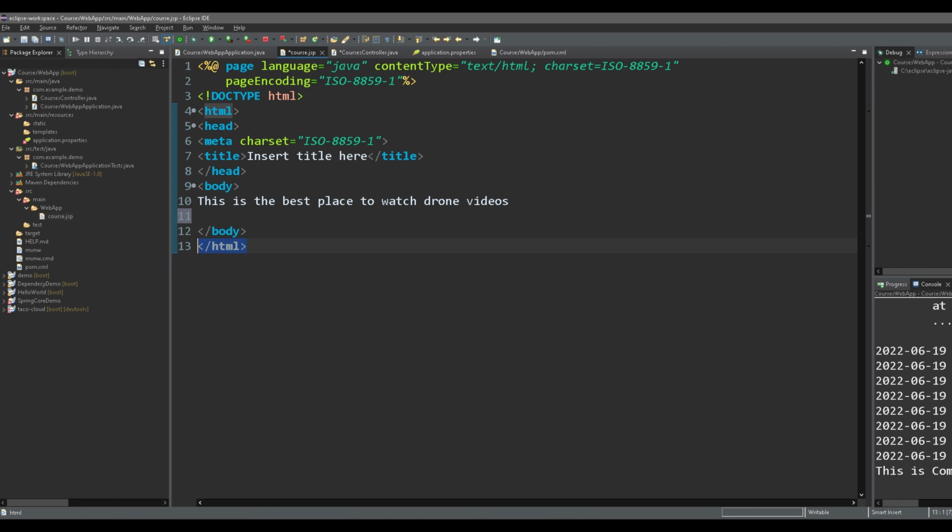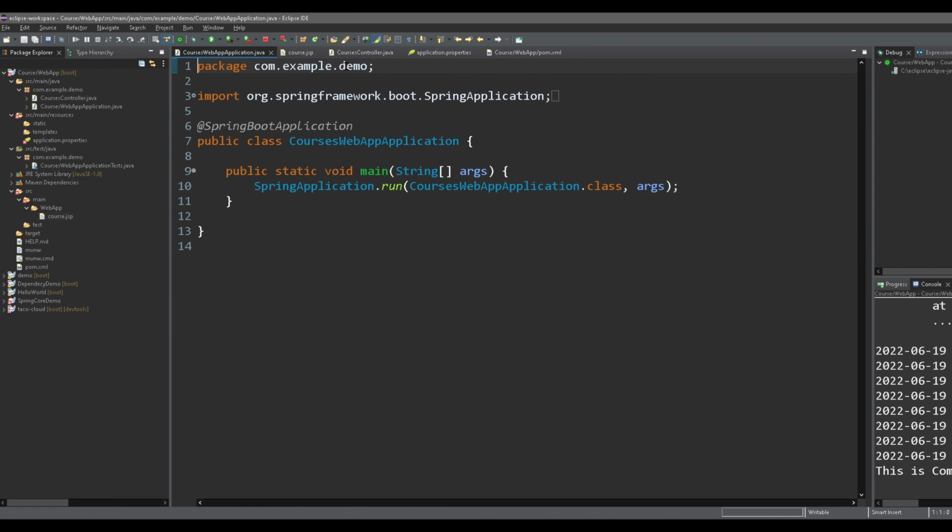Again, the JSP file is what the user sees. The model is how we are building the model. The controller is where we decide what request has to be sent and what the user response will be. The request is going to go to our controller, and the controller is going to call this file, which is our JSP file. So now that we have our JSP done, and we have our courses web application already made,